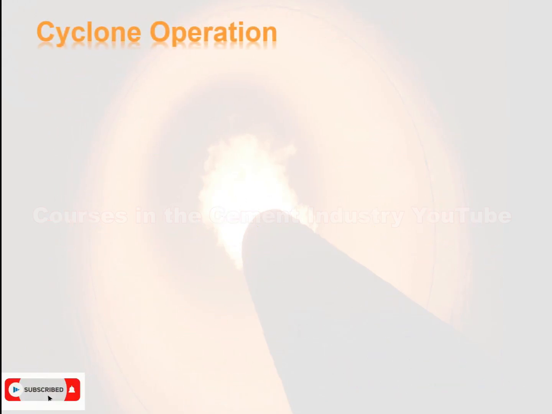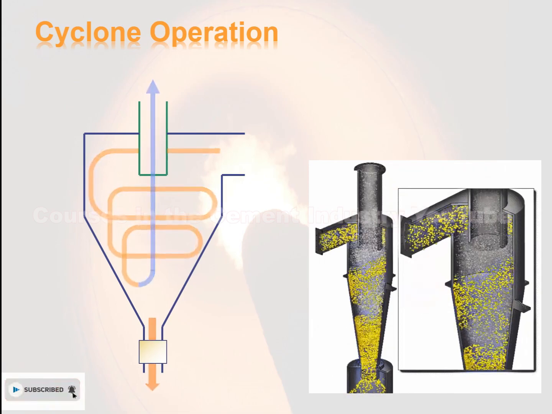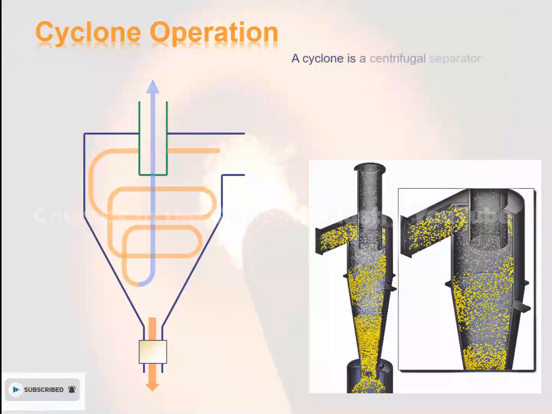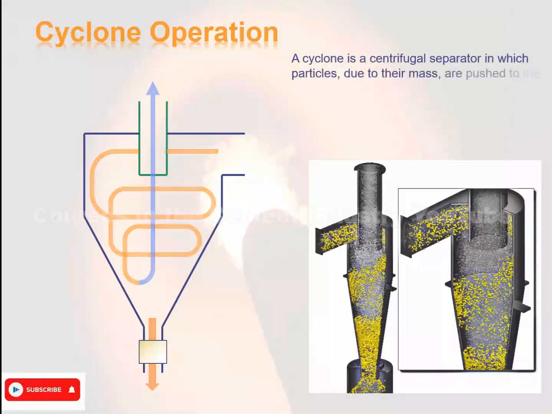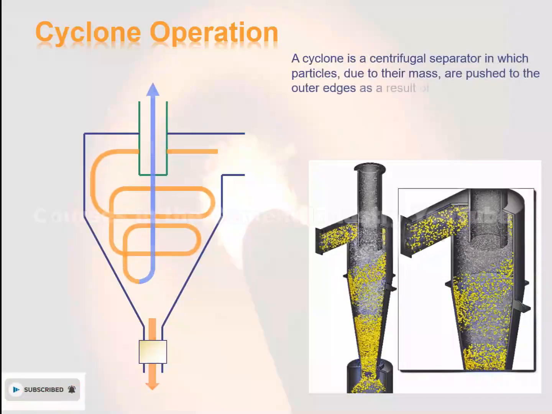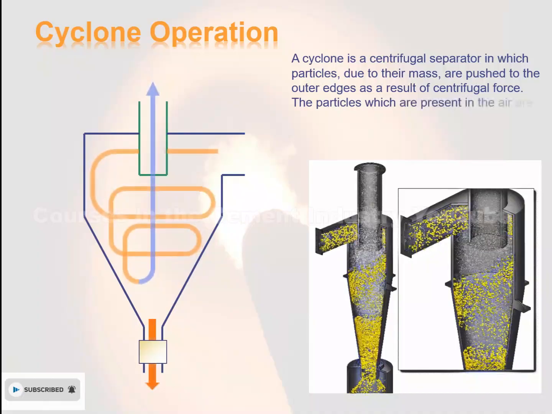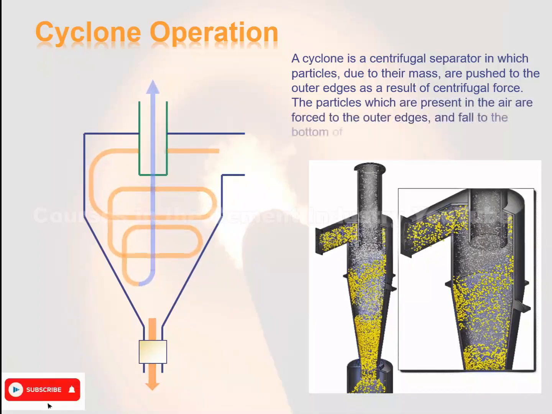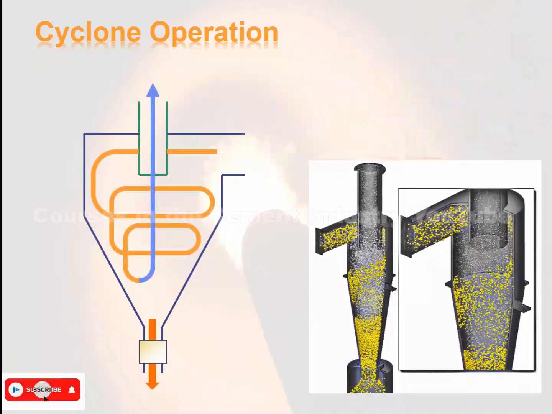Cyclone operation. In this figure, we will explain the idea of the operation of the cyclone. A cyclone is a centrifugal separator in which particles, due to their mass, are pushed to the outer edges as a result of centrifugal force. The particles present in the air are forced to the outer edges and fall to the bottom of the separator. The important points in a cyclone: